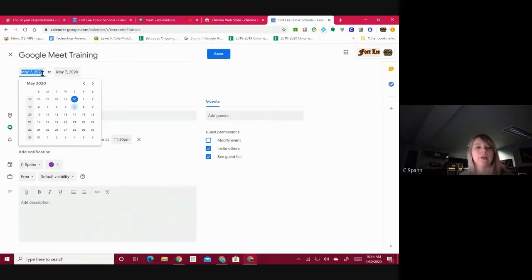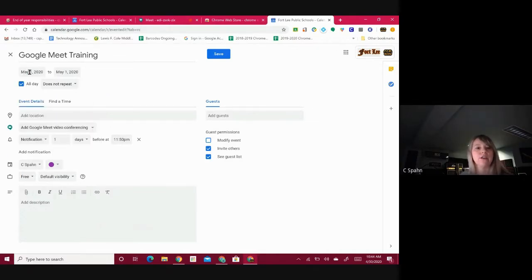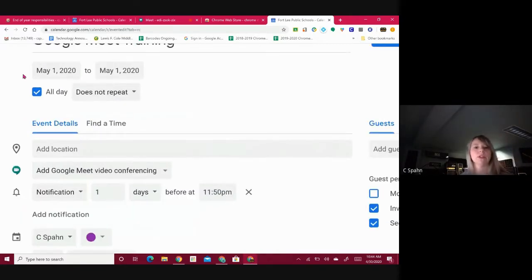So click anywhere on the calendar, and that'll bring up the initial dialog box, and then click on more options, and that will bring up the full set of options. So here we have May 1st. I have it for tomorrow. I do not want it all day, so I'm going to uncheck that box. And then I have the option of saying when I want to start my meeting and when I would like to end my meeting